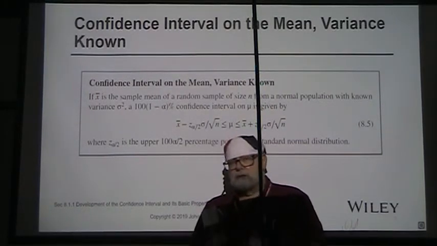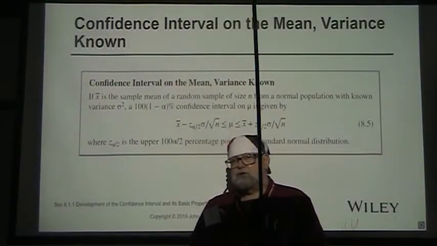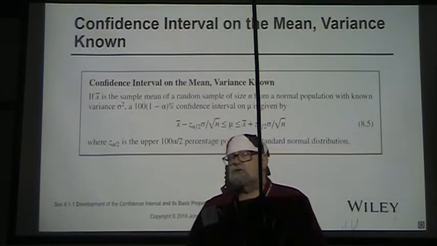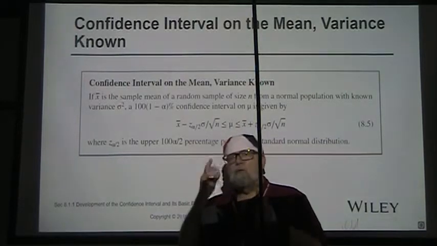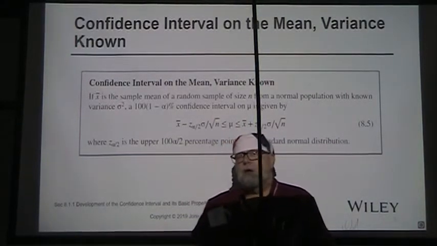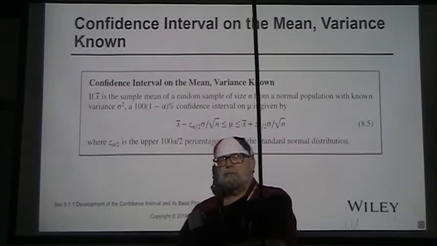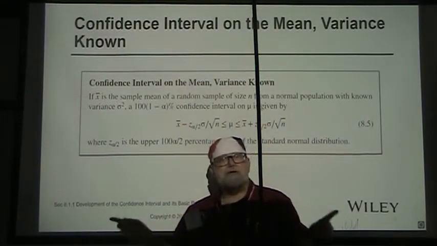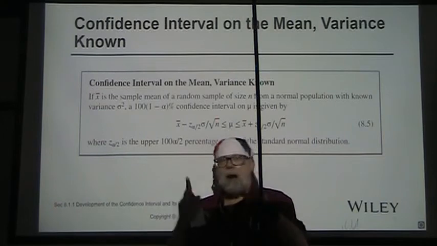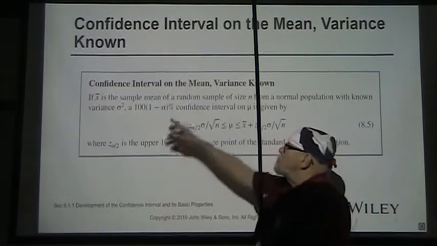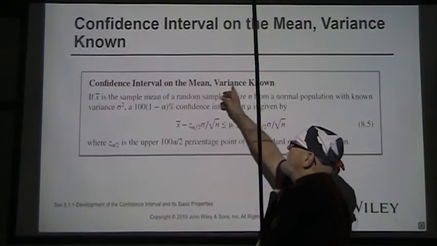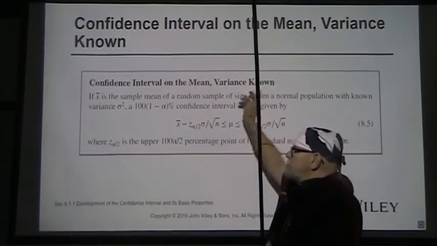In that standard normal distribution, we assume always that we know the variance. We will start working with what's called the t-distribution, where the variance is not known, but we're not going to do that yet. So our confidence interval on the mean with the variance known,